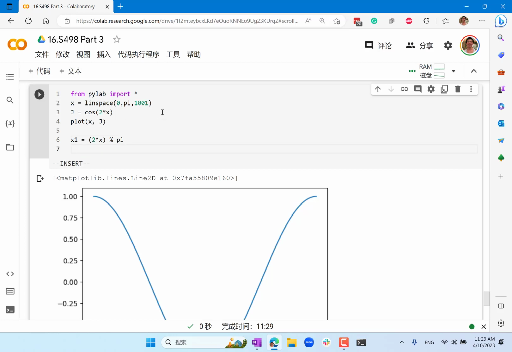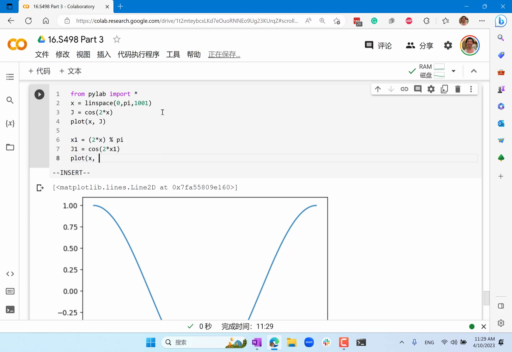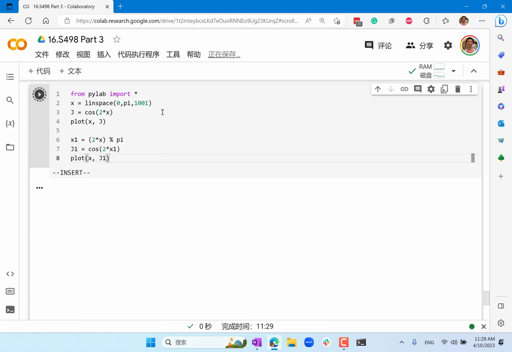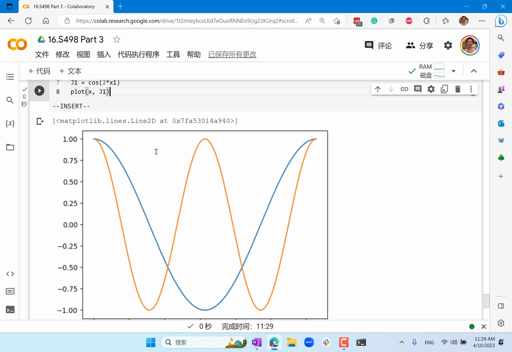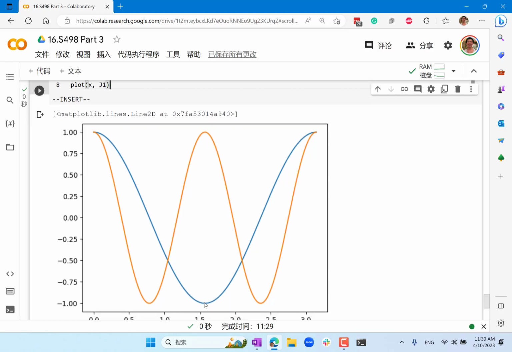And now let's plot J compound with the map once, which is equal to cosine of 2 times x1, right? And now let's plot x versus J1 and see what that looks like. Well, the orange curve is what the compound of our objective function with the map once looks like. It makes sense, right? For example, the original J is the lowest in the middle, but the J compound with the map once